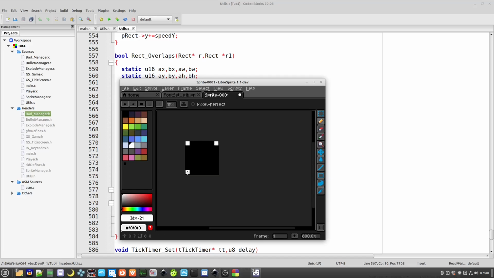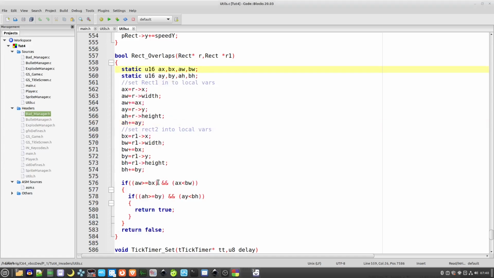That would be left bottom, and that would be right bottom. And all you're doing is you are comparing these points to see whether they are inside the other rectangle. So here what we're doing is if the right side of rectangle A is greater than or equal